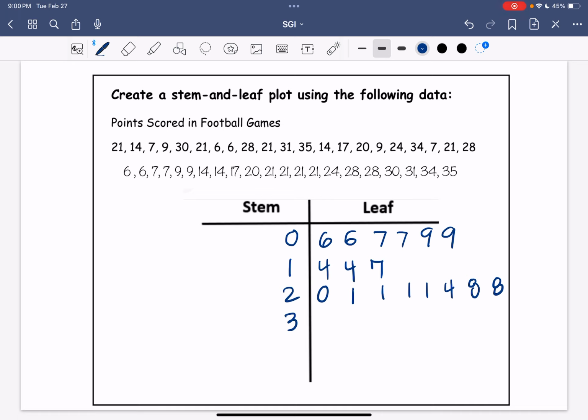and 35. So 3 is in my stem, and then I have a 0 for my leaf, a 1, a 4, and a 5. So keep in mind that